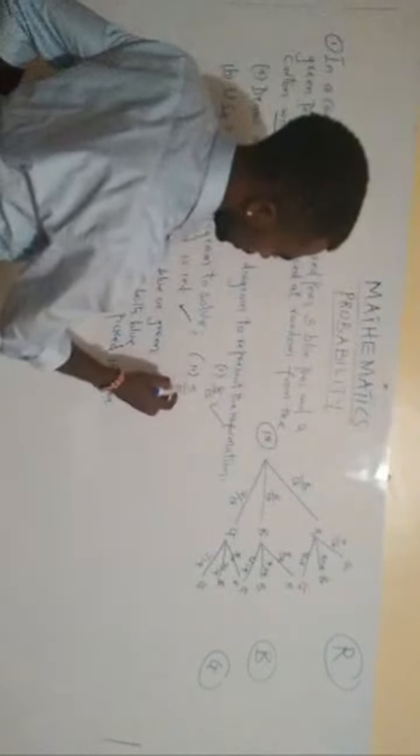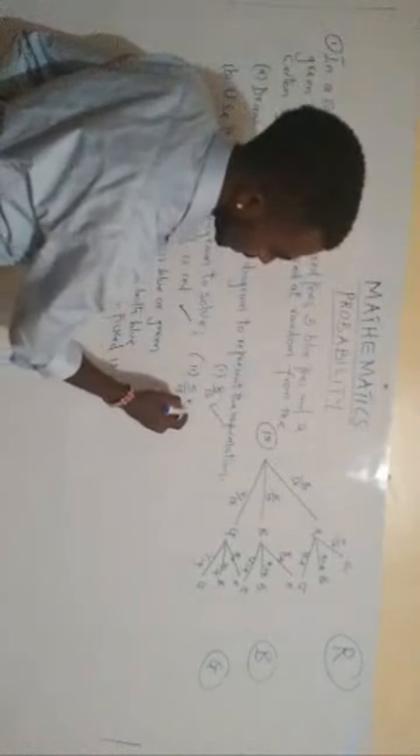Use the diagram to solve. The first pen picked is blue or green. So we have two outcomes: we have blue and we have green. So what we do for Roman 2 is 5 out of 15